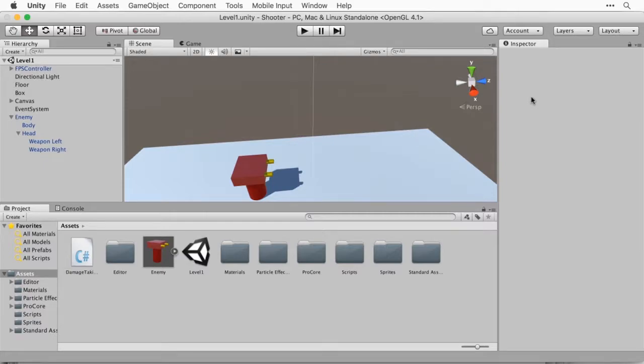When we destroy an object, we'd like it to reappear after a while. This goes for both the enemy and also the player as well. In this video, we'll implement a respawning system. The way this will work is we'll create a script called respawner. When an object dies, it will create a respawner and configure the respawner to make the object reappear after a